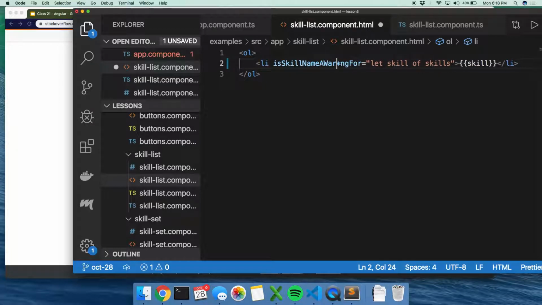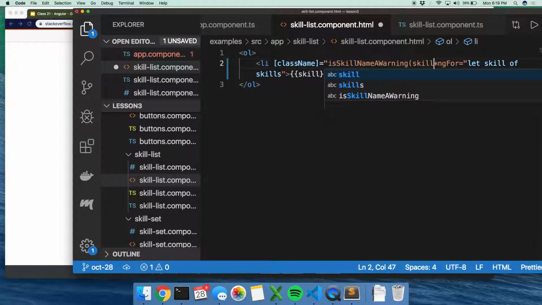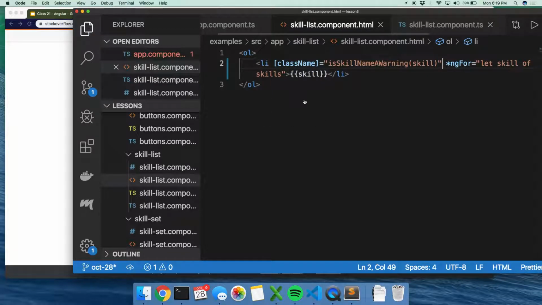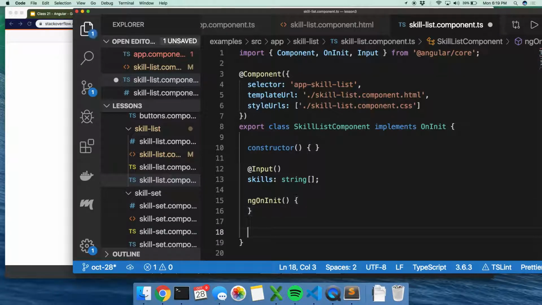How about isSkillNameAWarning? And then we're going to pass in the skill. And then we have to go over here, and in our skill list component, we have to mirror that by saying